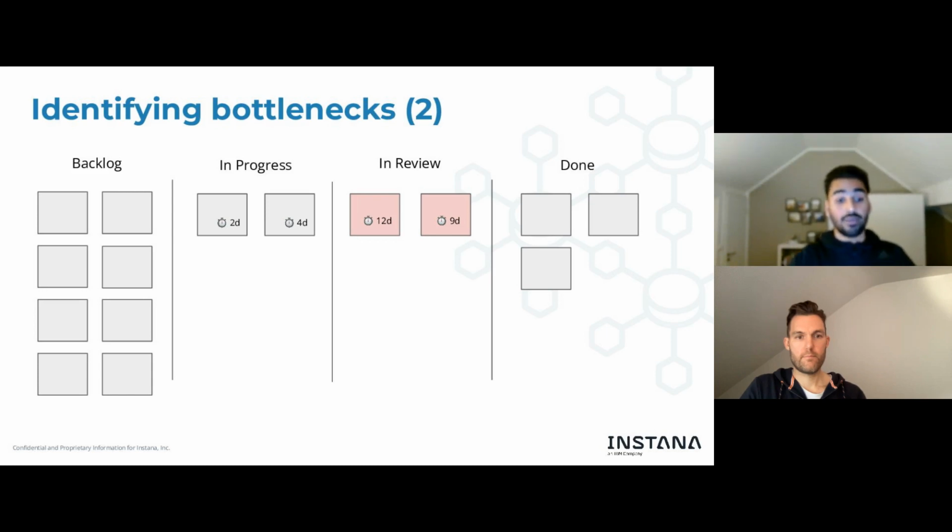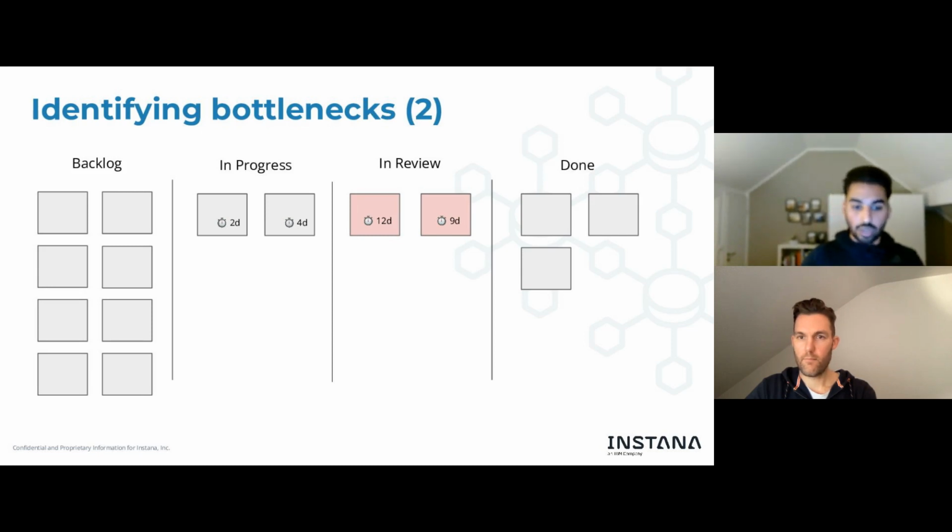What you could also have are limits for each column on how much time a card could spend in there as a maximum, and then you would maybe get notified or get a little alert saying, hey, this card has actually been in there for 8 days, or it has reached your limit. And you could have internal service level objectives, right?